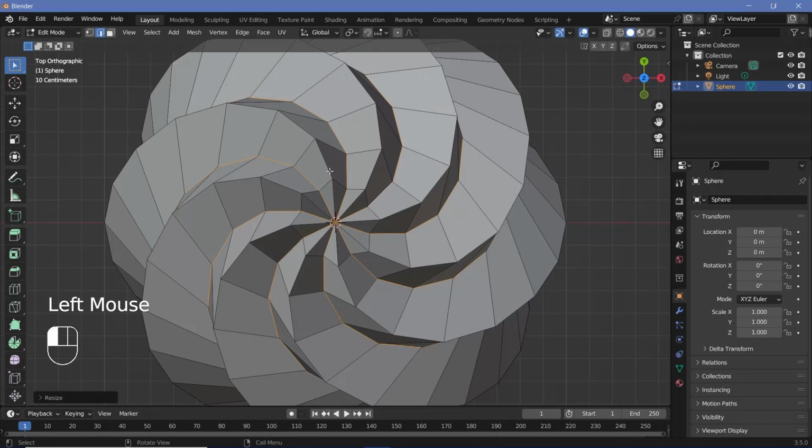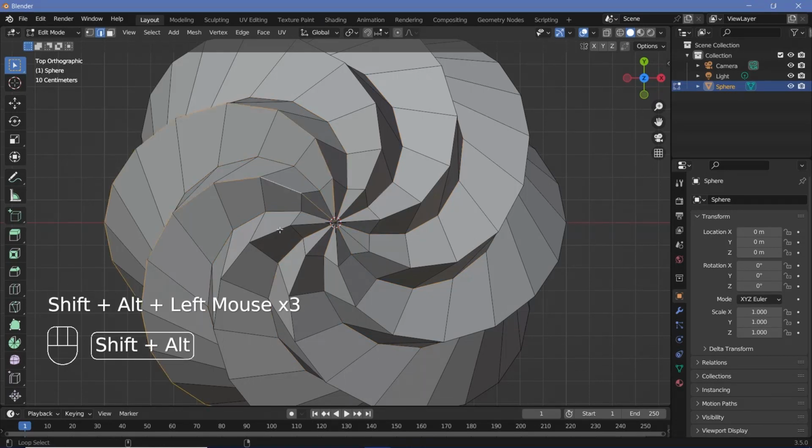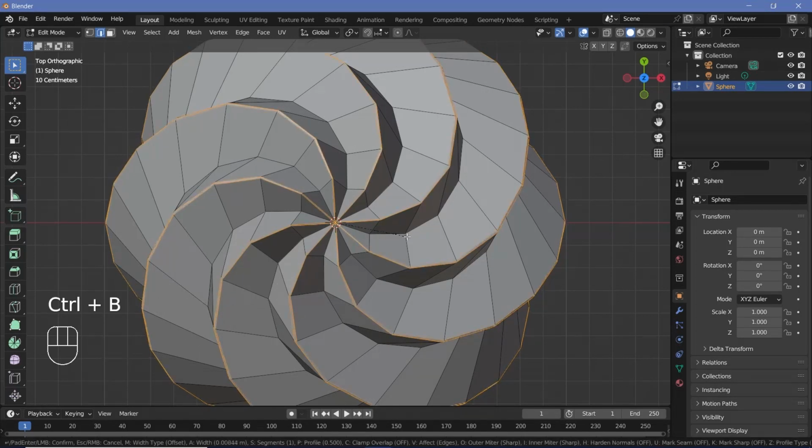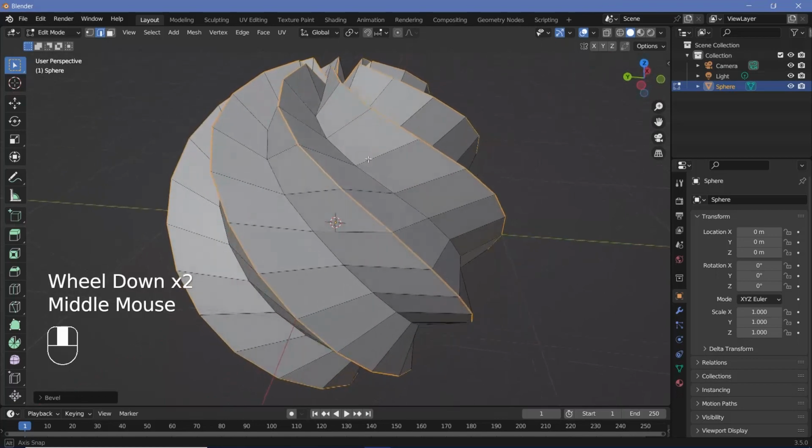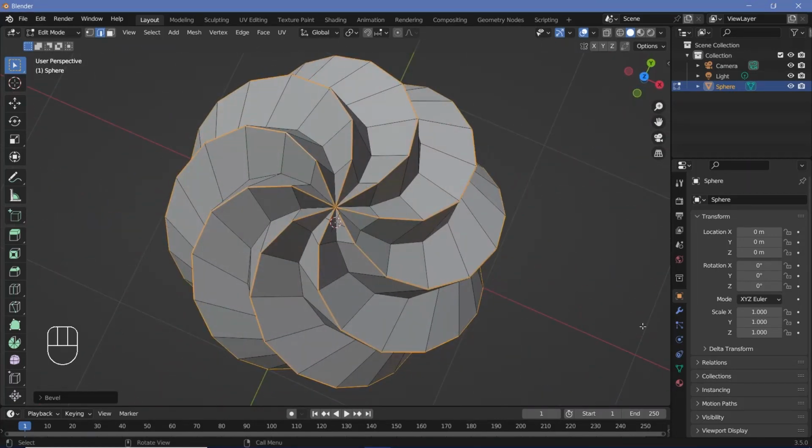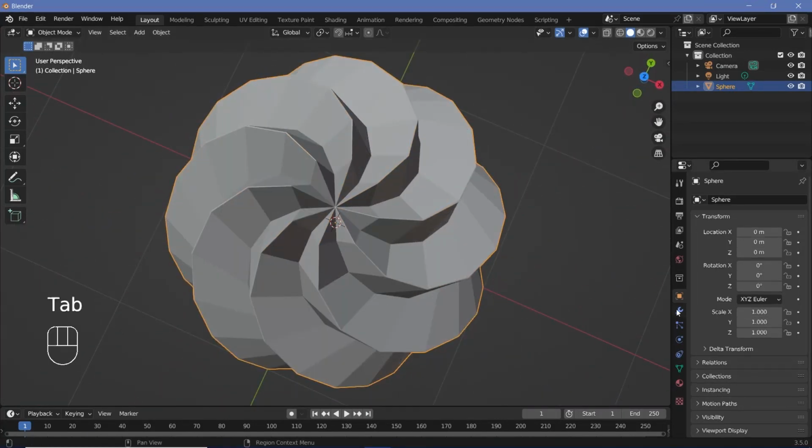After that, we'll go ahead and select all of the edges that are currently on top. And once you've done that, we're going to press Ctrl B to bevel them, but we're going to bevel them ever so slightly. So we're going to use a bevel width of maybe 0.004. And that thin bevel is all we require. Once you have that set, you can press Tab to go back into object mode, go to the modifiers tab